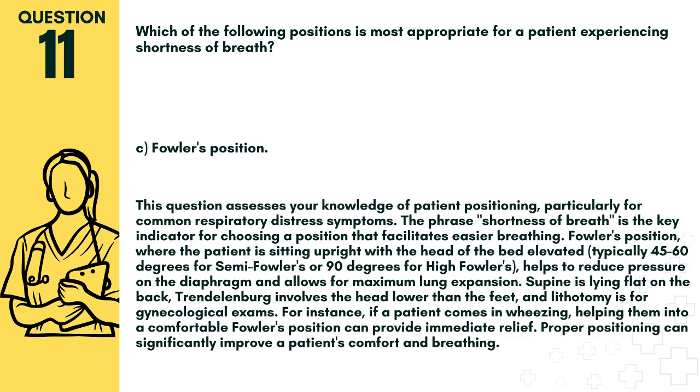Answer: C. Fowler's position. This question assesses your knowledge of patient positioning, particularly for common respiratory distress symptoms. The phrase shortness of breath is the key indicator for choosing a position that facilitates easier breathing. Fowler's position, where the patient is sitting upright with the head of the bed elevated, typically 45 to 60 degrees for semi-Fowler's or 90 degrees for high Fowler's, helps to reduce pressure on the diaphragm and allows for maximum lung